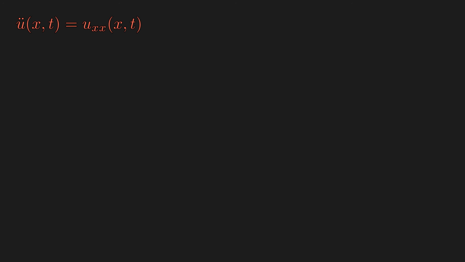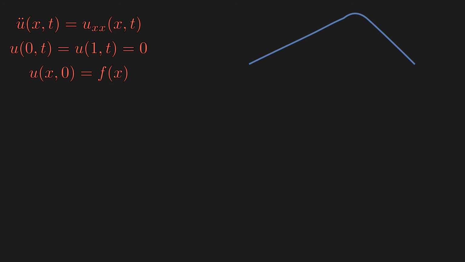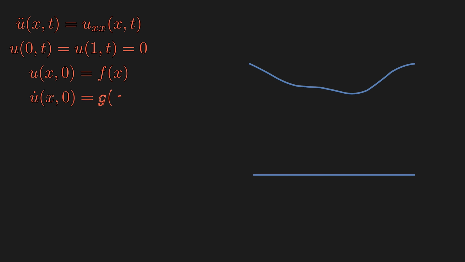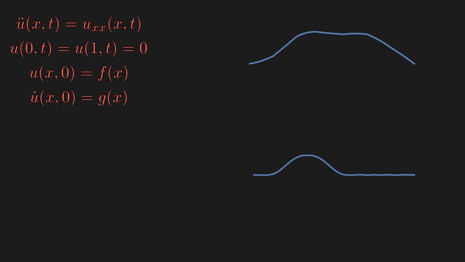Now, in order for the equation to have some realistic meaning, we have to specify some boundary condition. So if the wave represents string of a guitar, then left and right endpoints must equal to 0. And we have to specify a couple of initial conditions as well. The first one is the initial position, and you can think of pulling on a string and letting it go. And the second one is the initial velocity, and you can think of it as strumming on a string. It's totally possible to have both, but for simplicity's sake, let's set the initial velocity equal to 0. And now we have the complete problem.